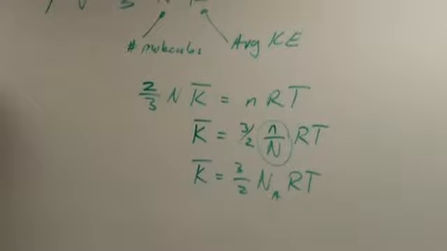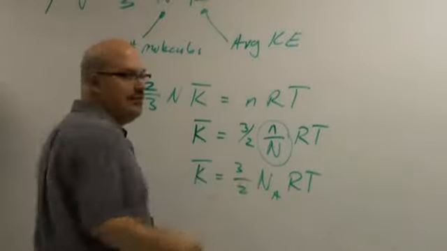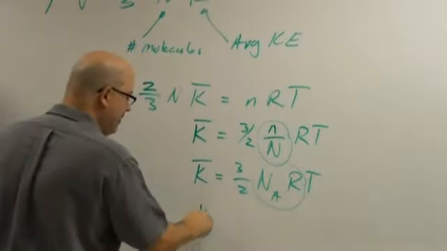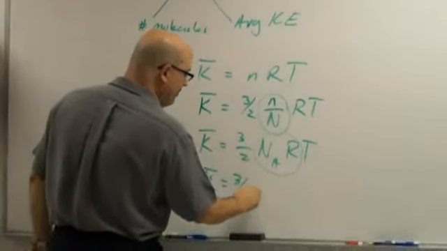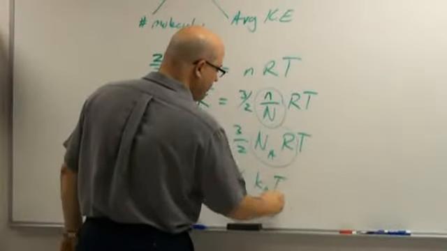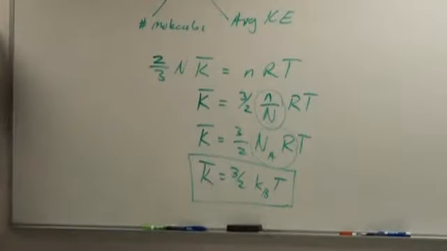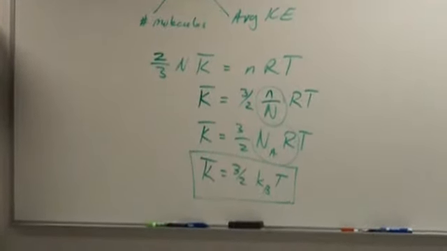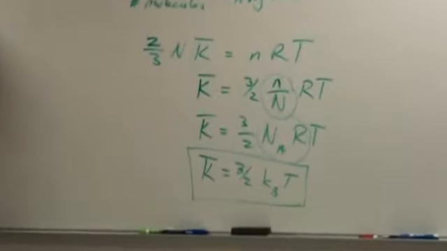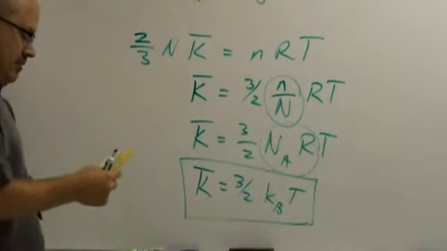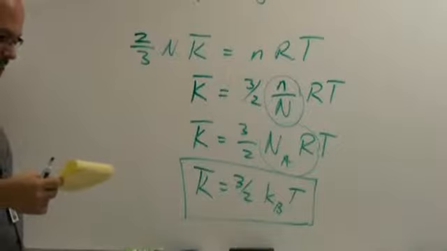Okay, we're going to make a new constant. Because we have a constant here, we have a constant here, and we're going to multiply those two together, and we're going to end up with this one. This is the way you will normally see it in physics, where K sub B is a new constant, it's just Avogadro's number times